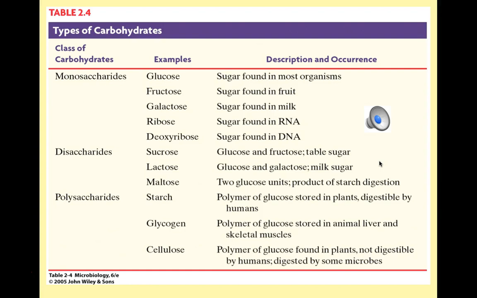All of these polysaccharides and even the disaccharides are made from individual building blocks that we call monosaccharides. Glucose is found in most organisms and is the common example of a monosaccharide that we often use with students, teaching them what a sugar is. Fructose is the kind of sweet sugar or monosaccharide found in fruit, so we often do just call it fruit sugar. Galactose is a monosaccharide that can be found in milk.